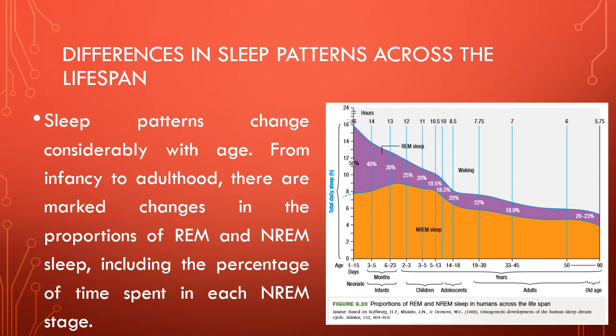Alright, differences in sleep patterns across the lifespan. So sleep patterns change considerably with age. From infancy to adulthood, there are marked changes in the proportions of REM and NREM sleep, including the percentage of time spent in each NREM stage. Now,